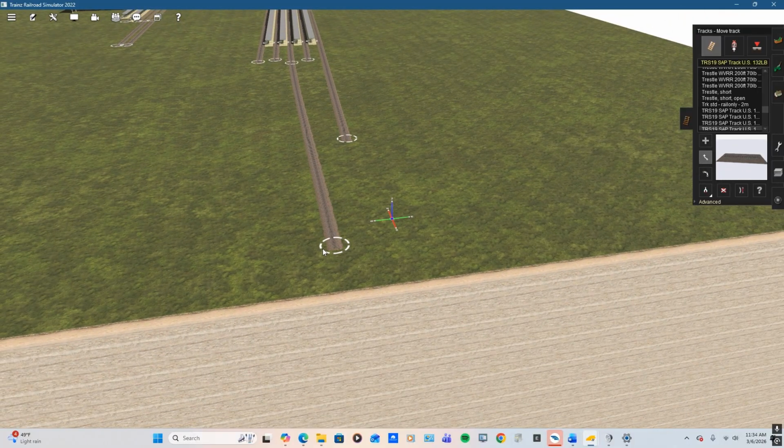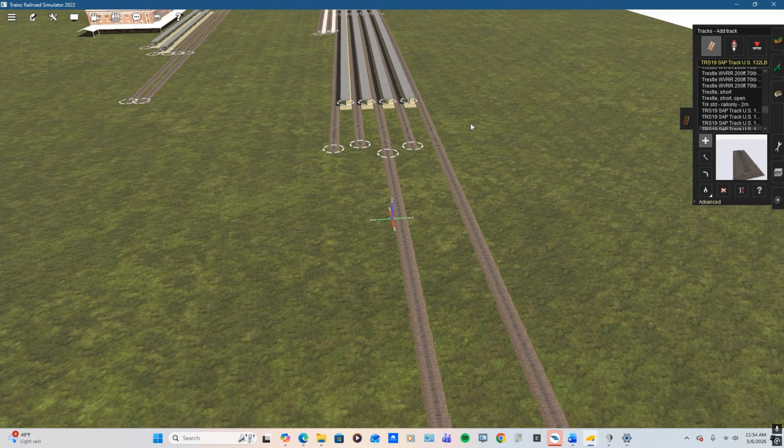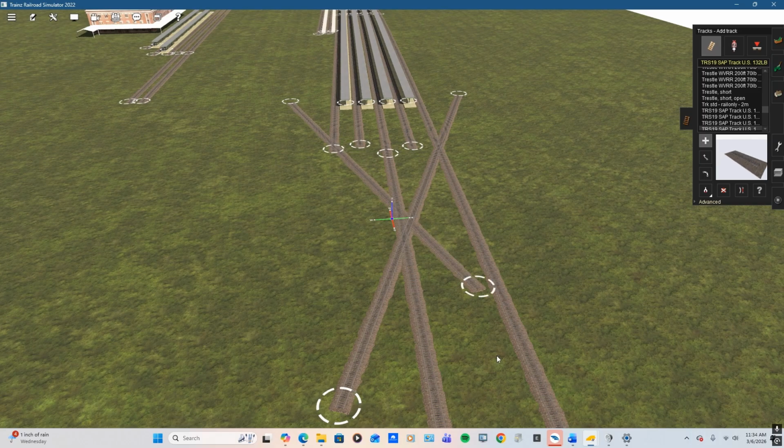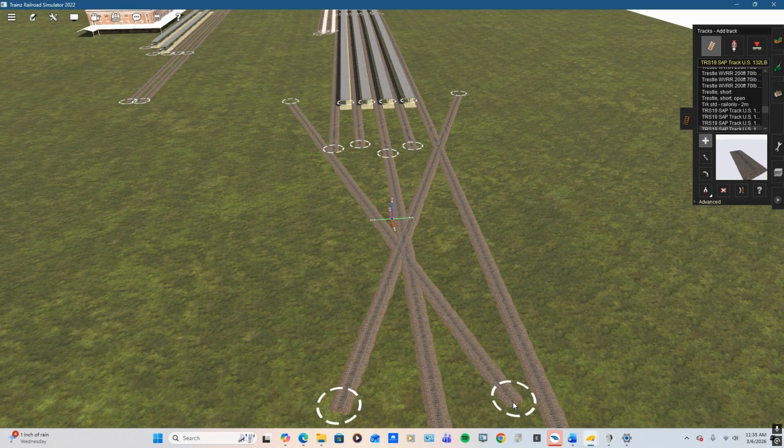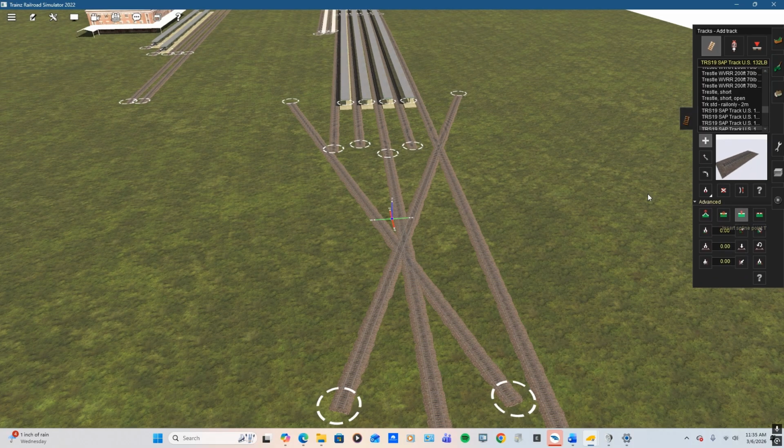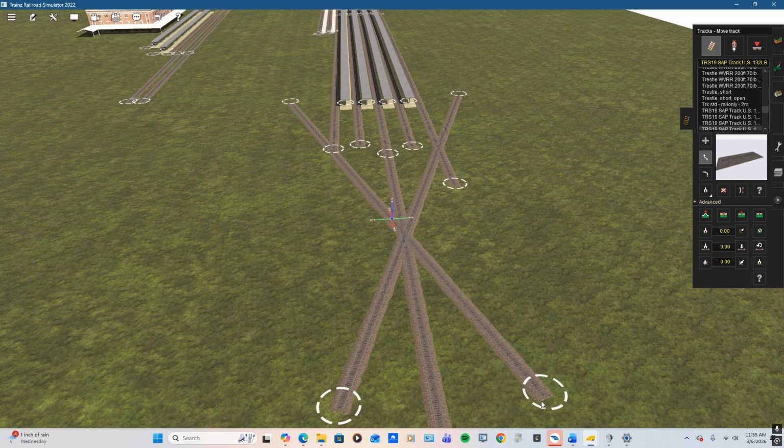And now we're going to make sure it's straight. Now let's see. We don't need this to be so long. That makes it so that we can get this all